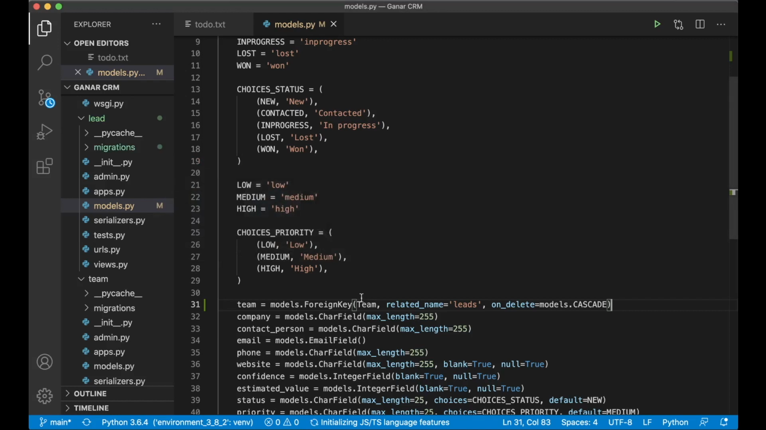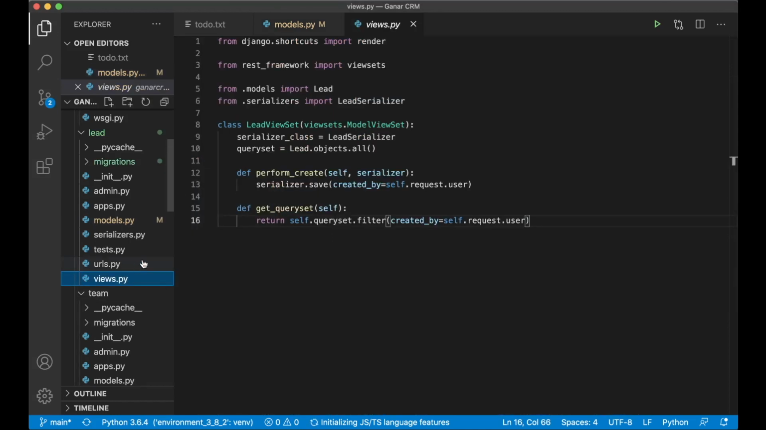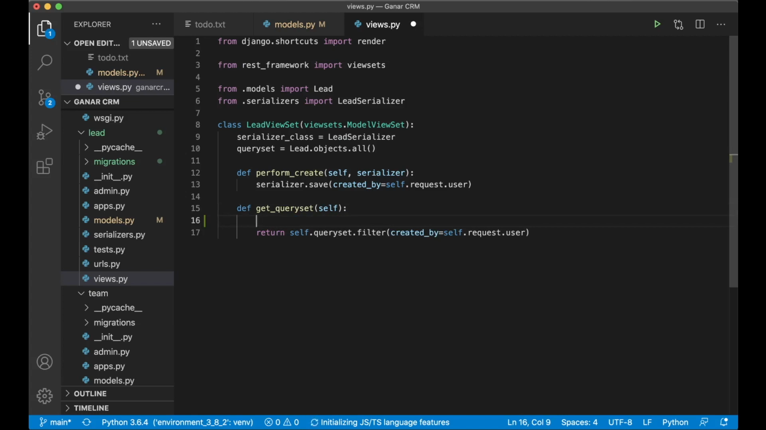And go back to the editor. And then I need to make a little change to the views.py because now I want to make it possible to get all of the leads connected to your team and not just the one you created yourself. So first here I want to get the team by saying team equals Team.objects.filter, and then I want members__in equals